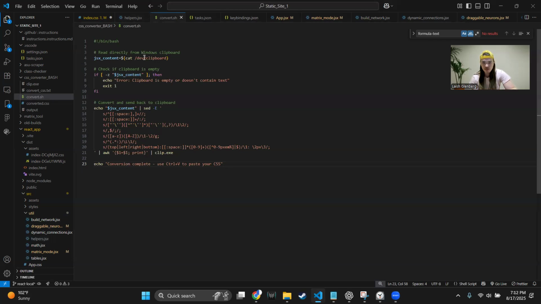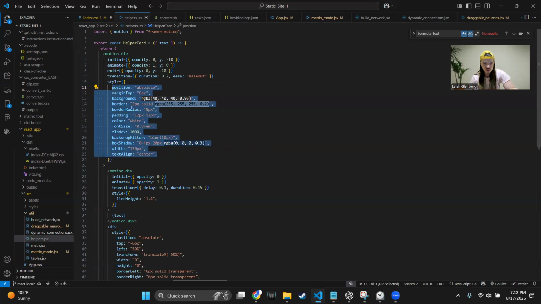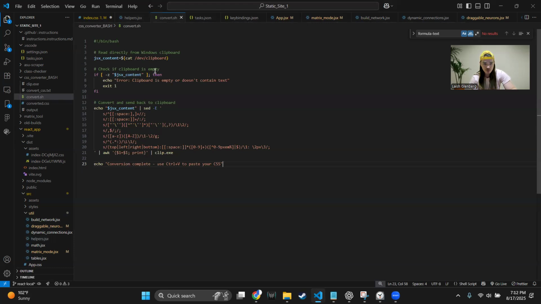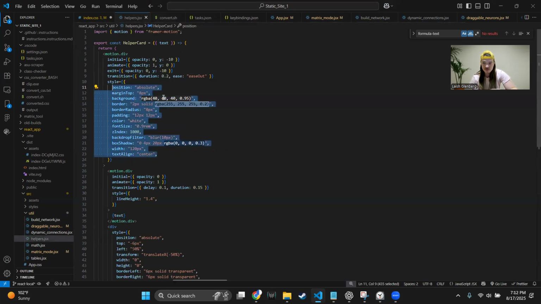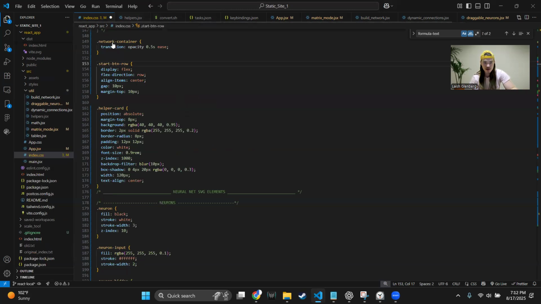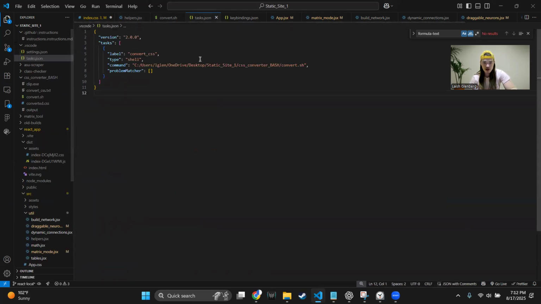So we use the clipboard. The way it works is you Control C, copy this, and then that's in the clipboard. And then we use the regex to convert the rules into actual CSS rules. And then we paste that back into the clipboard. So you just copy the inline rules, Shift plus C, and then you can immediately paste it into index.css. And I'll go over how I set that up and then give you guys an actual example of it working. So what you're going to do is you want to go in your .vscode folder